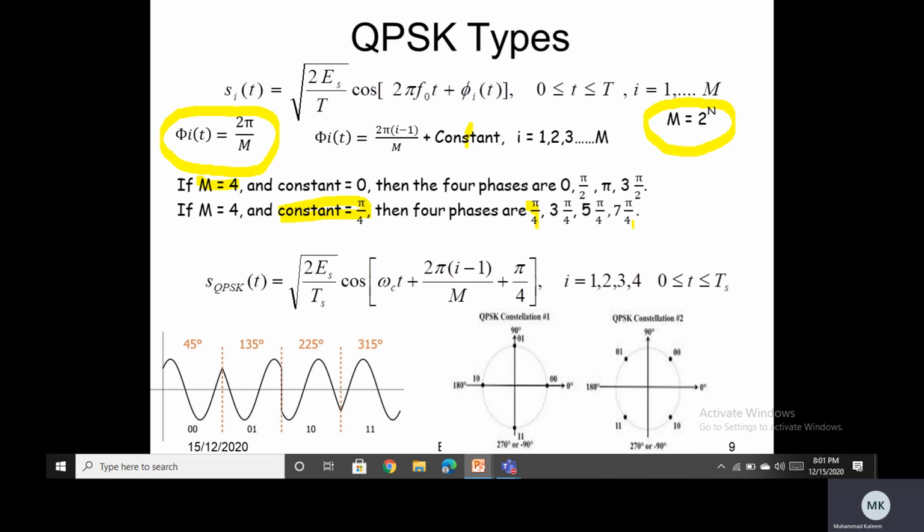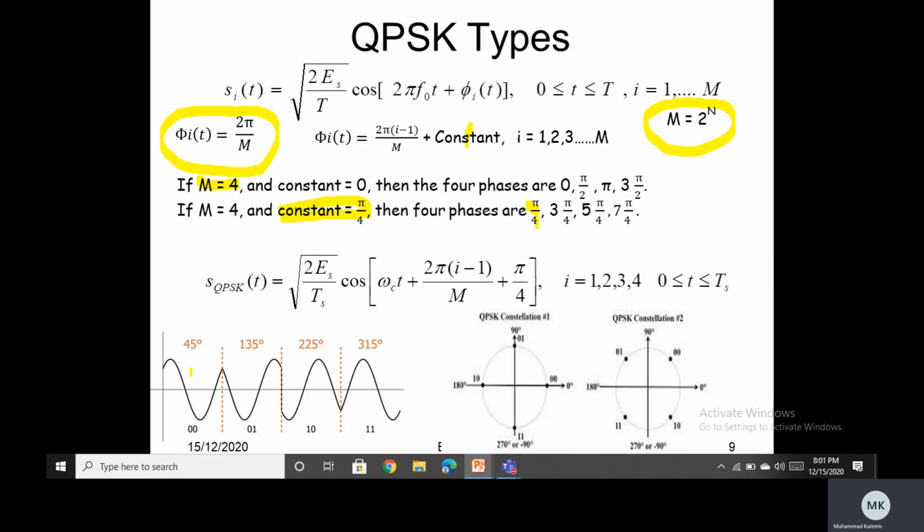So I have two implementations of QPSK based on this equation using कांस्टेंट फर्स्ट केस में 0 और दूसरे केस में मैं कांस्टेंट अगर पाई बाय 4 रखता हूँ. सो दिस इज माय इक्वेशन इन द सेकंड केस कि मैंने ये एम्पलीट्यूड कोफिशिएंट है and the rest of the equation is same, but I am just using plus pi by 4 instead of using c as 0. So based on this equation,